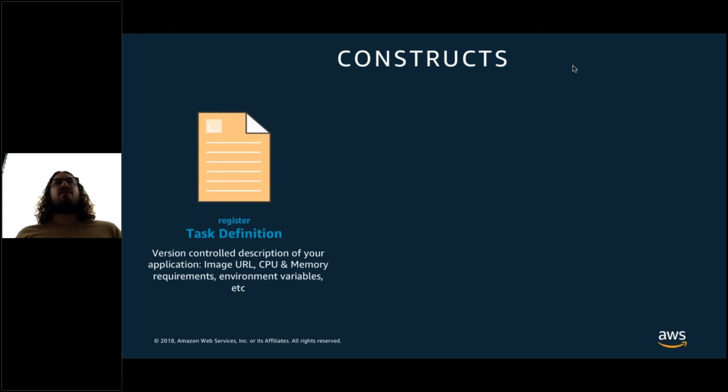This is how you define your application that you would like to run and the parameters that it requires in order to run. So for example, the image URL where it's being stored right now in a registry, how much CPU and memory it needs, if there's any environment variables, if you want to customize the command that gets run inside the container at all, you would do that through the task definition. It's version controlled metadata that describes how the application should be run